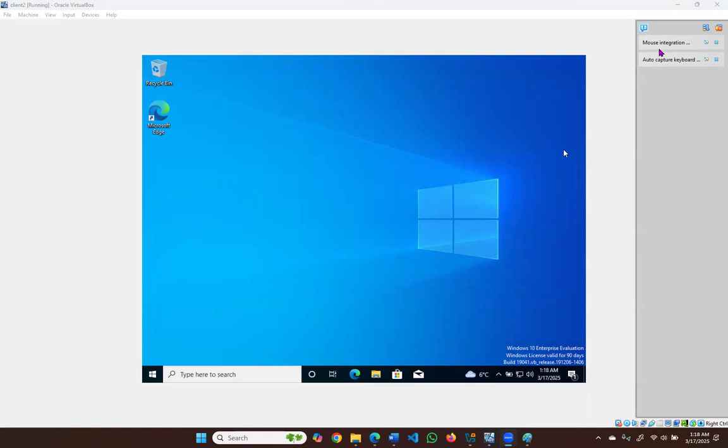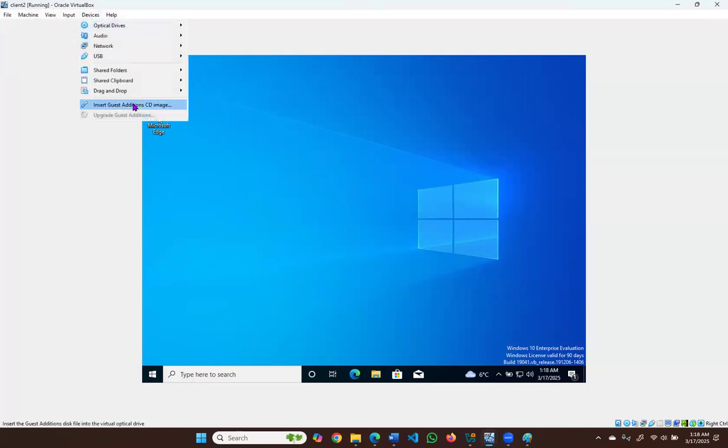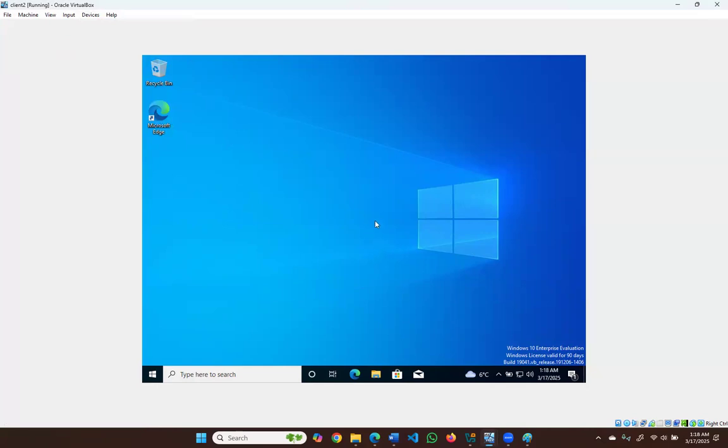So let me make this one cover the whole screen because right now it's just like a second. Let me just make this window cover the whole screen so that it will look mature like a real system, not like a tenant that has not paid his bill. Okay, so I'll just go to devices and I'll say insert CD. All right. Once that is inserted here,